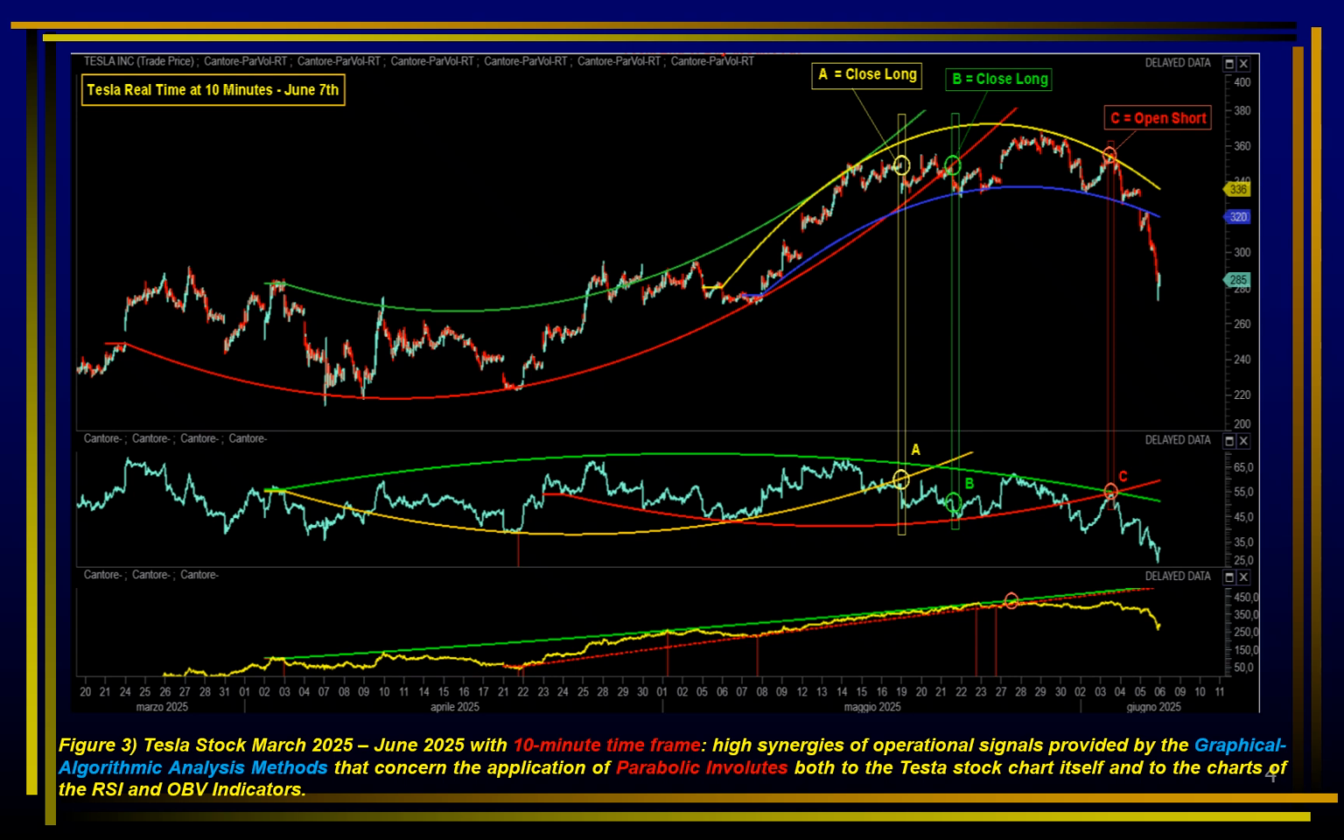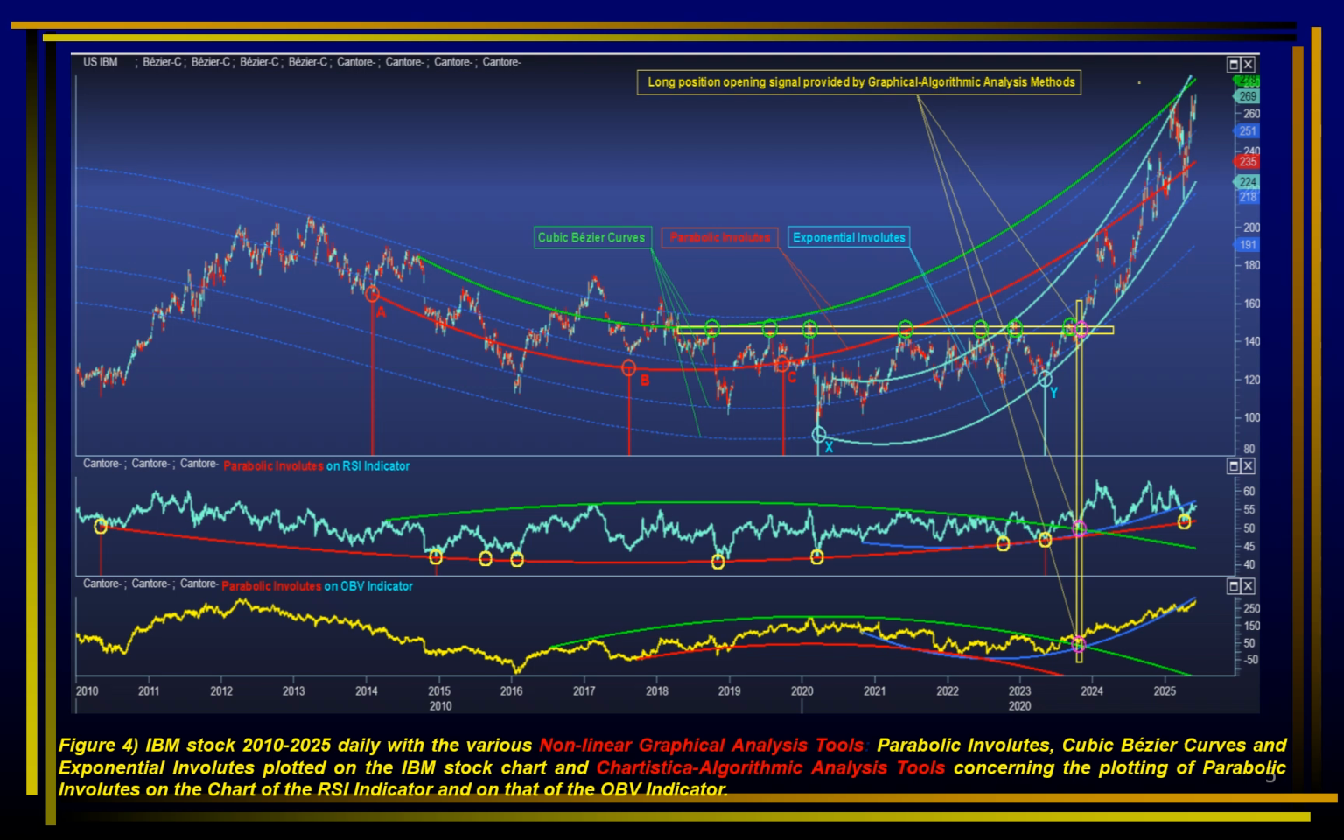Figure 4. The technical ability expressed by the methods of graphical algorithmic analysis applies to the financial markets that we have seen in the previous two figures referring to a multi-day and intraday trading operation. It is equally effective for longer-term asset allocation operations. Perhaps I should say that it develops with increasing effectiveness as it is applied to financial markets that are increasingly extended over time. The figure describes the evolution of the IBM stock in its complete interpretation with the graphical algorithmic